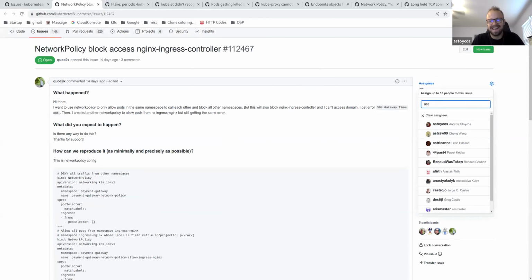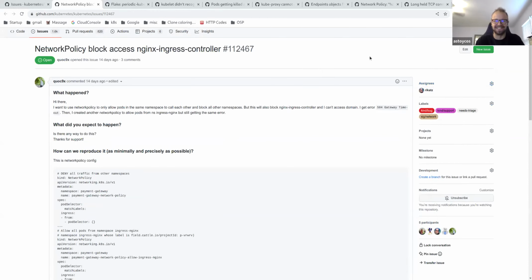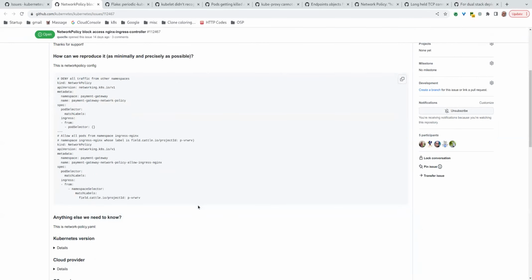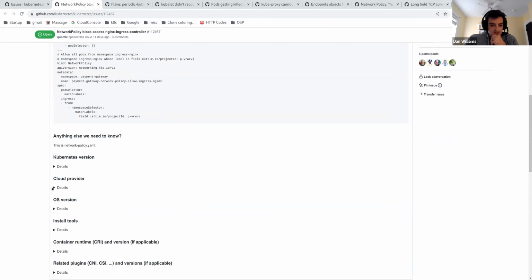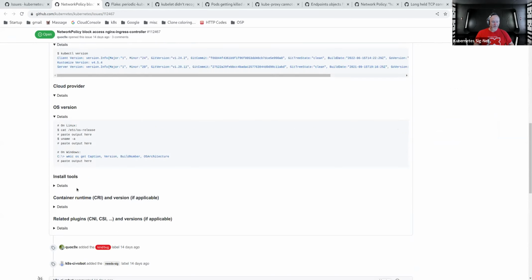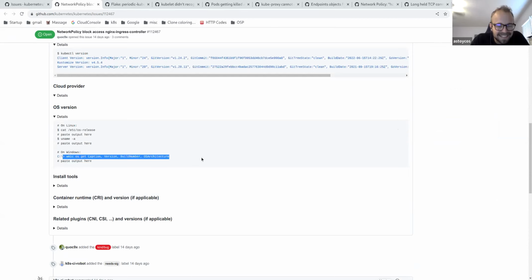Yeah, I mean, 90% of the time these issues are someone using network policy wrong. So, what network plugin are they using? Also, is that specified? No, as usual, most of the details sections are left empty. Maybe it's related to Windows. Plugin? Maybe on Windows. So that's Jay's problem, not mine anymore.